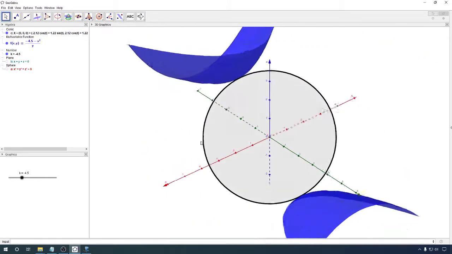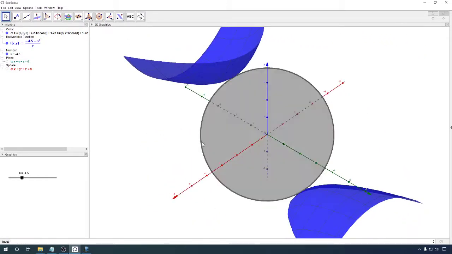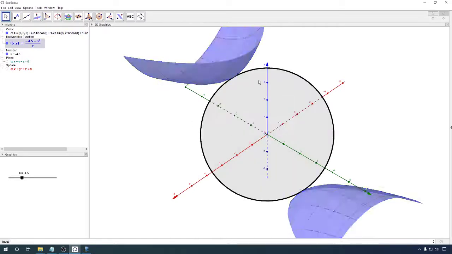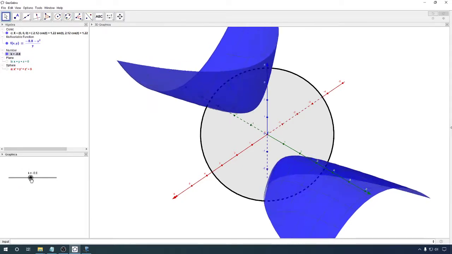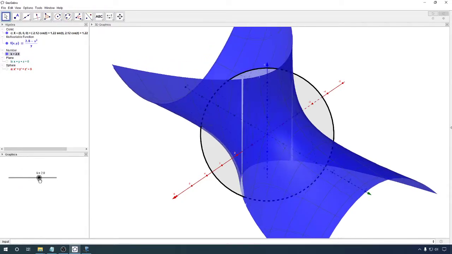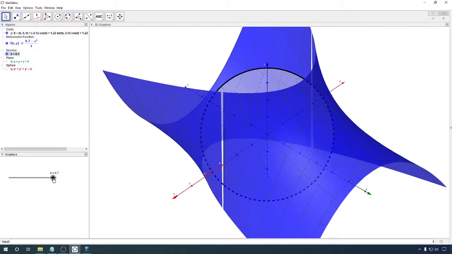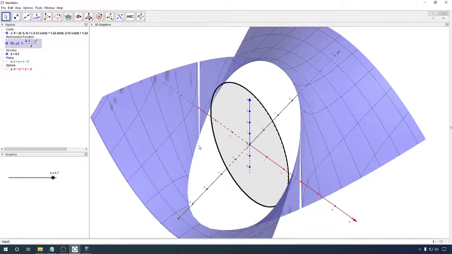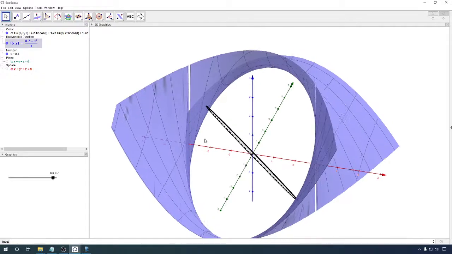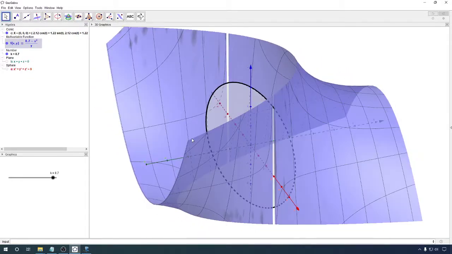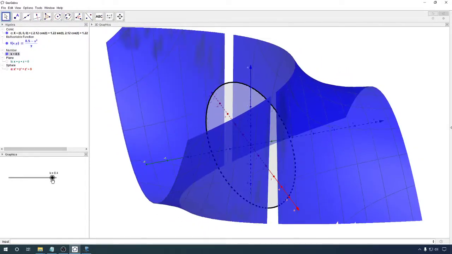And you can kind of tell that we still have the same idea that we had before, where this surface does seem to just be tangent to the circle at those points, when k equals negative about 4.5. If we go the other way and see how big we can get and still actually intersect that circle, if we go out to, say, 8.7, it doesn't actually touch anymore. It's too far out. If we move this down a little bit,